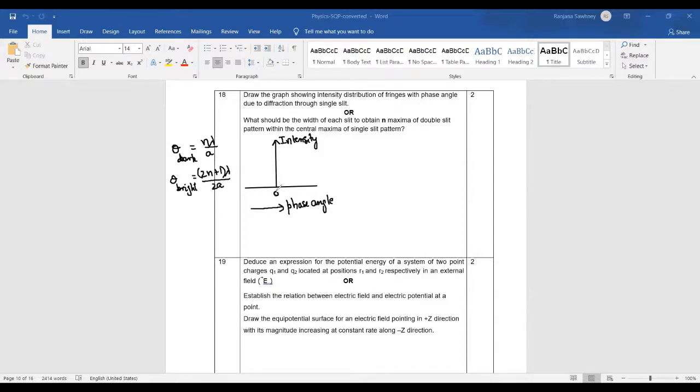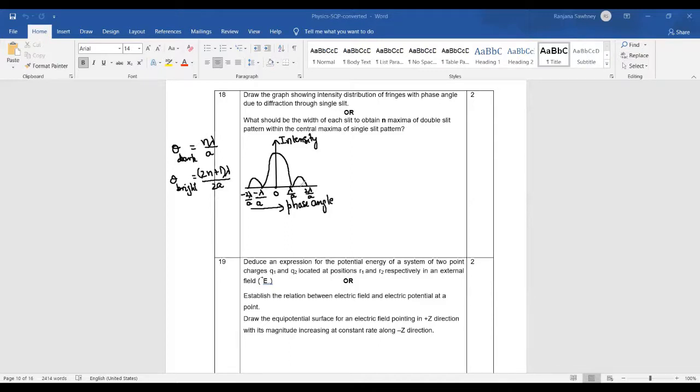So here we see that this is the central maximum where the intensity is maximum, and the first dark band, substituting n is equal to 1, we get lambda by a. That is, the first dark band is formed at lambda by a on either side. Above the central maxima, it is lambda by a, and below the central maxima, it will be minus lambda by a. Okay, then the second dark band will be formed at 2 lambda by a. The same way, below it will be minus 2 lambda by a.